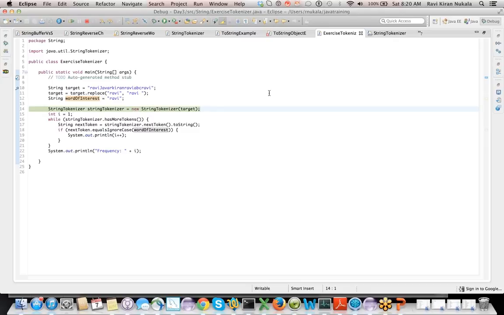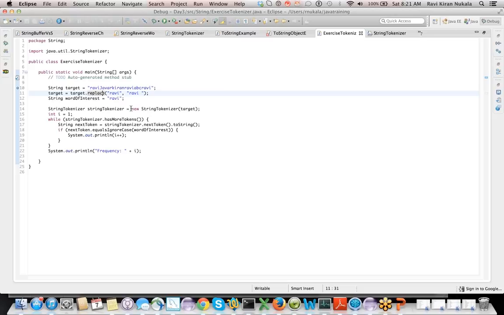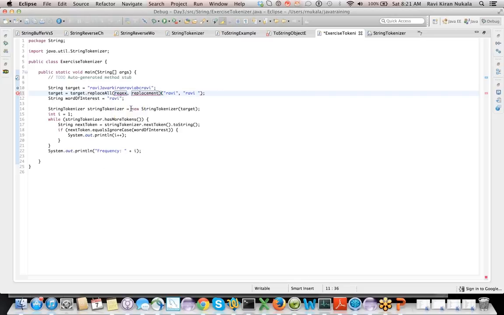Okay, so here, this is the next token, Ravi 1. So the frequency of occurrences, it said, is 2. Okay, we just did the replace, but not replace all. That's why it replaced only the first one, looks like. Let's do a replace all. So this way you're getting familiar with a bunch of methods in a replace.